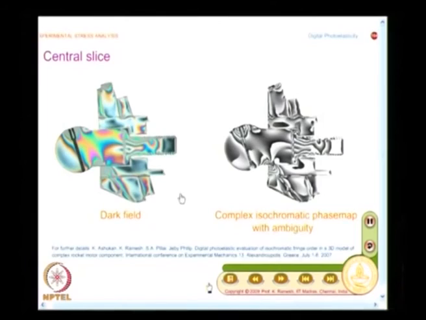People have solved such complex problems, and that is why this technique is very popular. And I am sure some of you have taken down this fringe pattern, and this shows what you have as a phase map. We will have occasion to see, when we discuss digital photoelasticity, what is the difference between a fringe pattern and a phase map, and the focus is to find out fringe order at every point in the model domain. And this gives you how a complex 3-dimensional model could be stress frozen and sliced for you to do the analysis.